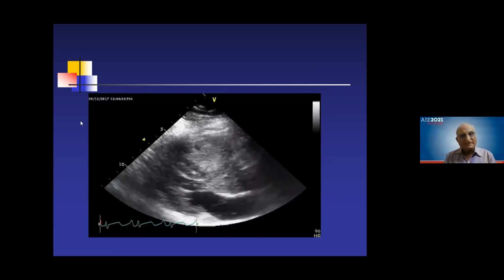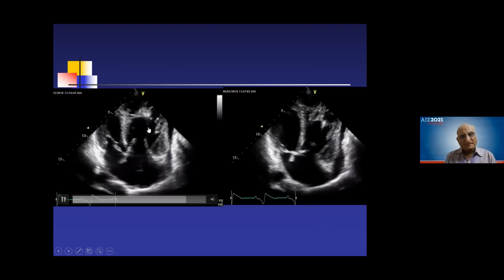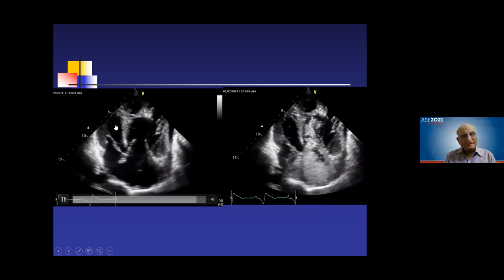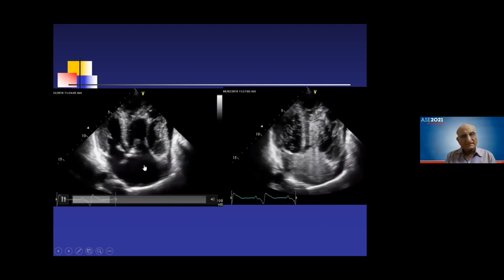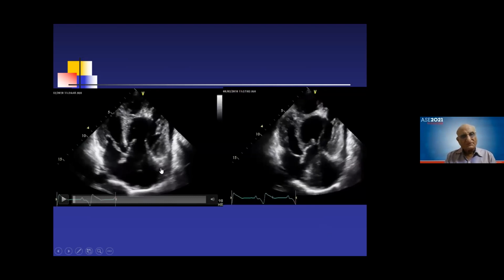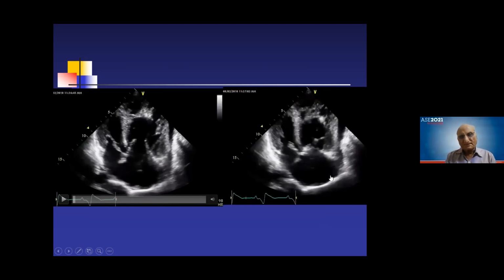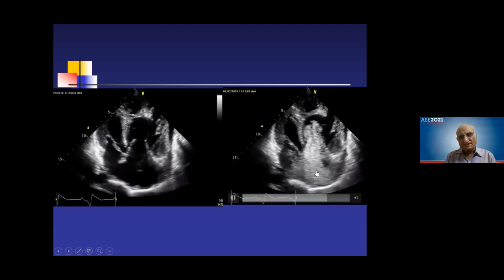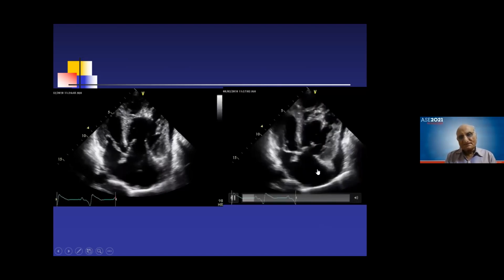Now similarly, take this patient. First concentrate on this side. This is LV, this is RV, this is RA, this is LA. Now you see there is a large RV and RA. When we have given the glucose saline, it goes from the RA directly to the LA. You see LA. So there is a right to left shunt.